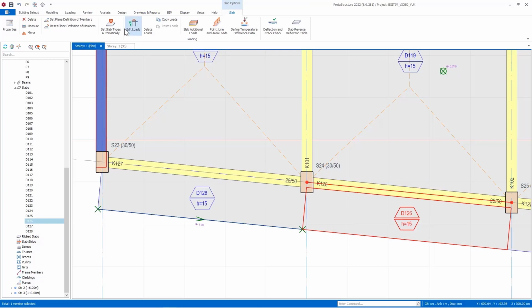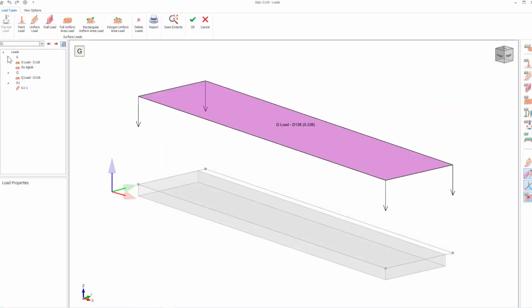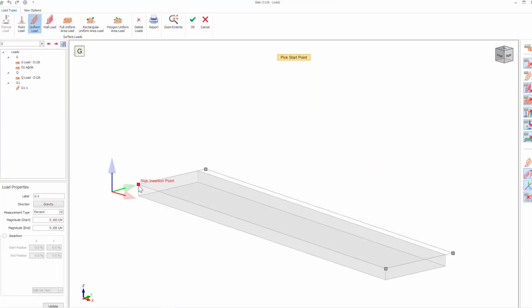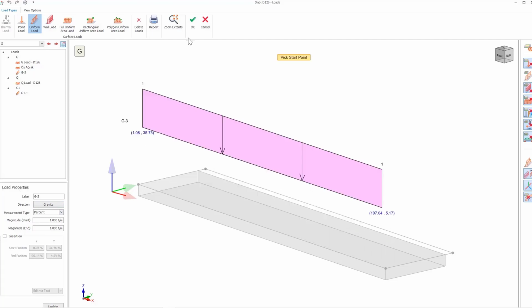We can do the same in the load editor. For this, let's give the Edit Loads command after choosing the cantilever tile. Let's add the linear load to the outer edge of the cantilever by showing 2 points with the Distributed Load command. Now that we've looked at how loads are defined on a member-by-member basis, let's see how to copy those loads between members.